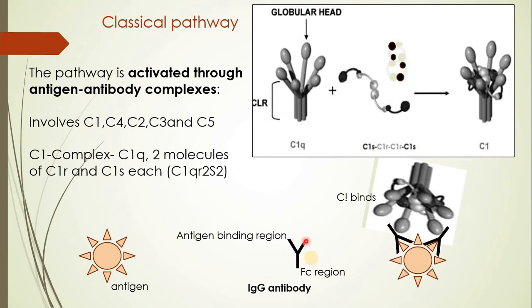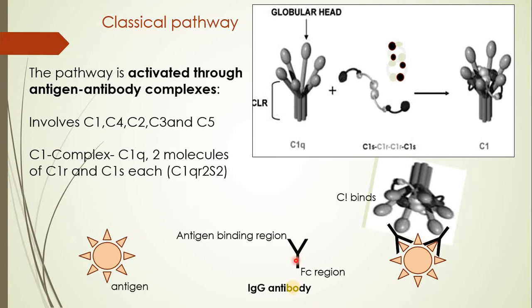Now let us consider this Y-shaped structure as an antibody. You know that the upper end, the free end, is the antigen binding site. Now this antigen binding site has the ability to bind with the epitope. The antigen binding sites of antibodies are also called paratopes, which will be seen binding with the epitope. Now let us consider this Y-shaped structure as an immunoglobulin G.